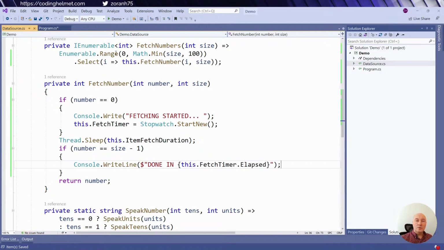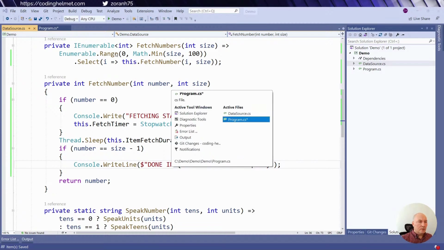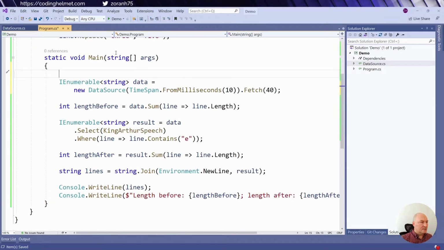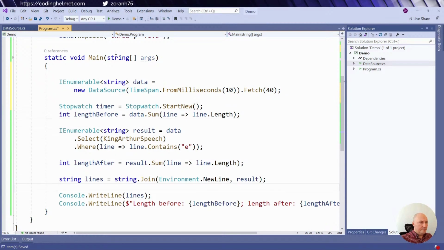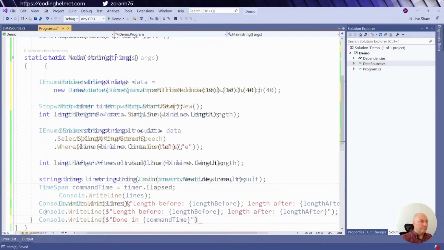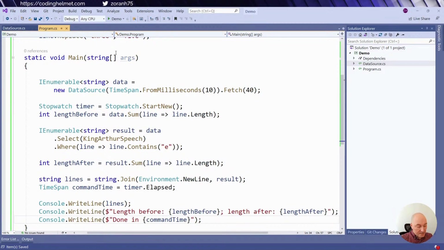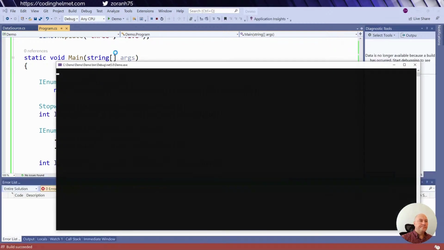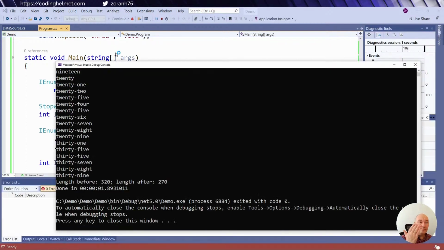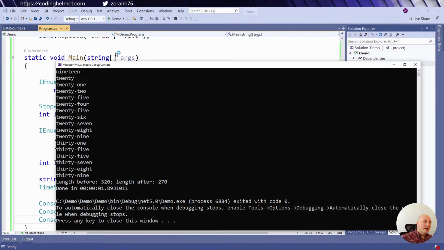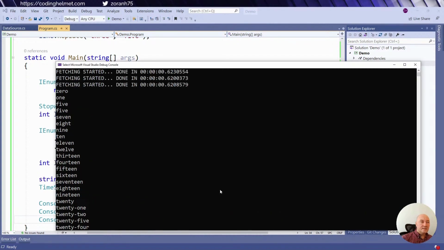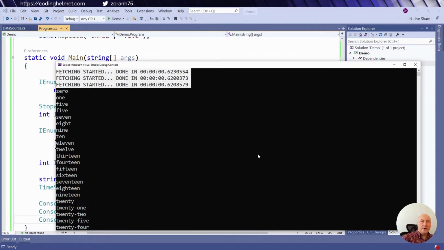I will time all the operations, and I want to print it out. This is something new. Look, now it takes time. And now it took 1.9 seconds because each of the fetch operations took